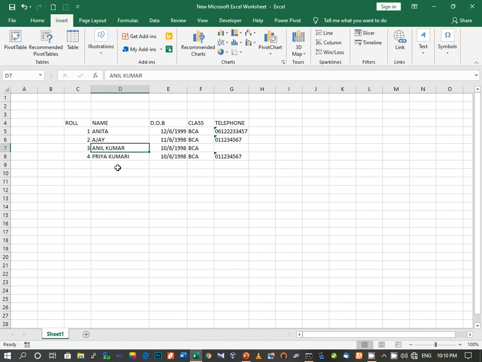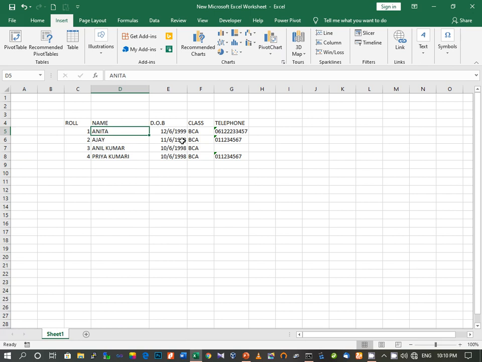The next topic which we will study is inserting cells, columns and rows. Now how to insert cells. Suppose you want to insert a cell. For that you select the cell where you want to insert. But before explaining this, I'm going to explain what a cell is. This closed area which is formed by the intersection of column and row is called a cell. Here this is a cell.